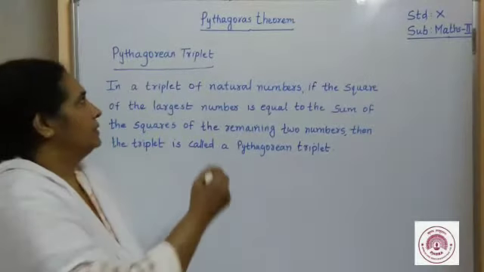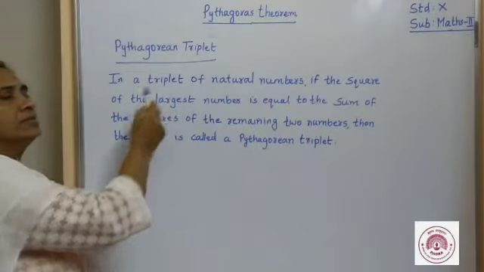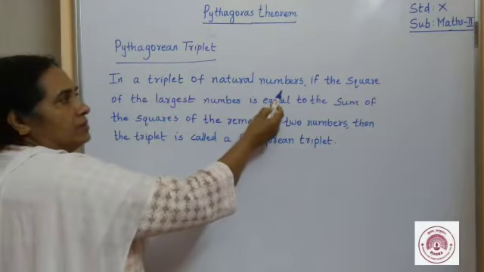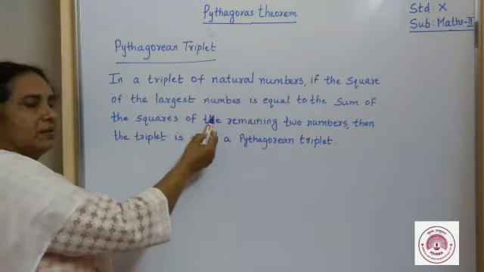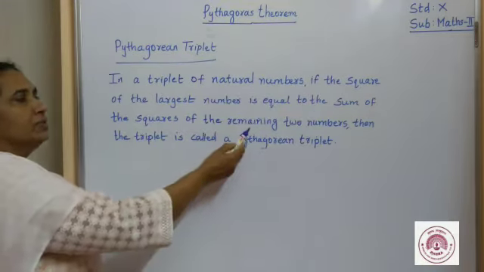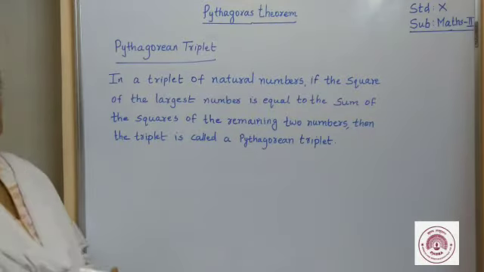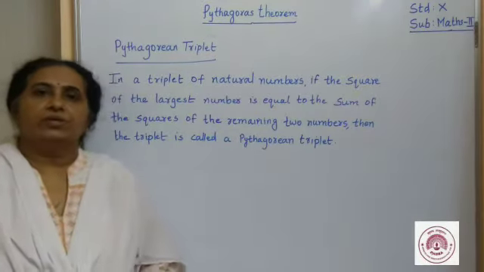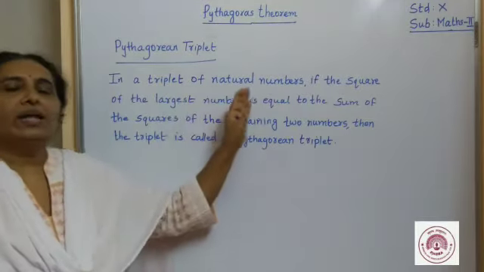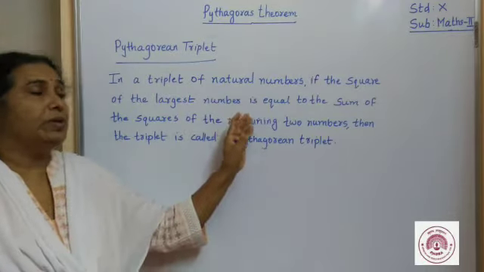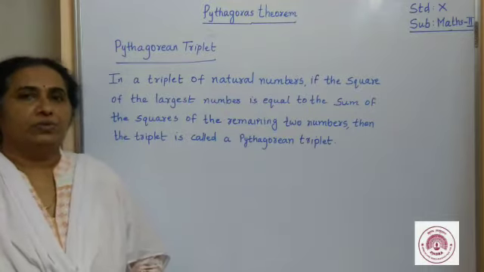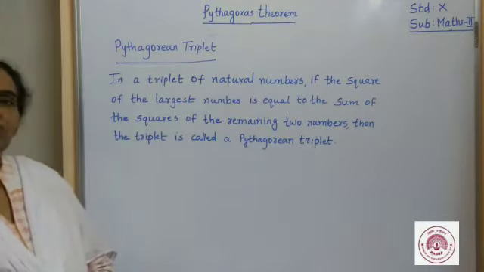Next is Pythagorean triplet. Triplet means a group of three numbers. In a triplet of natural numbers, if the square of the largest number is equal to the sum of squares of the remaining two numbers, then the triplet is called a Pythagorean triplet. So Pythagorean triplet means that in a triplet of natural numbers, the square of the largest number should be equal to the sum of the squares of the remaining two numbers. For example,